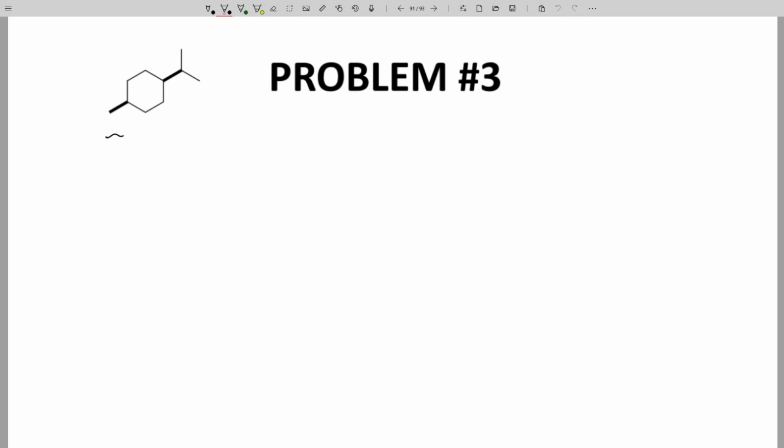Problem number 3. Again, we have a di-substituted cyclohexane. Now they're not the same substituent. One's an isopropyl and one is a methyl. It's a different orientation. Instead of 1,3 di-substituted, it's 1,4 di-substituted. But let's go ahead and go through the same process. Let's draw our cyclohexane ring. Let's number